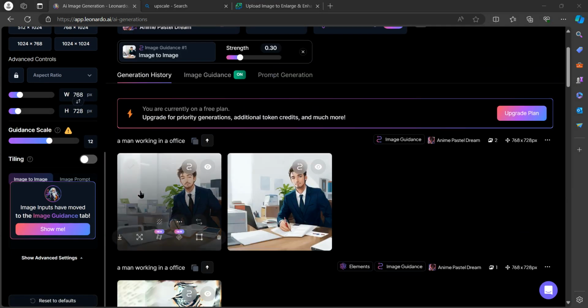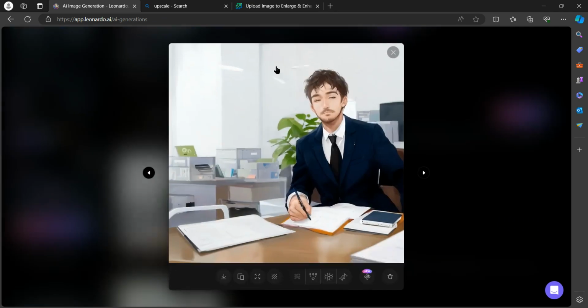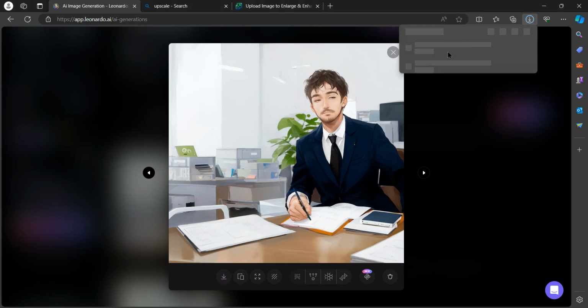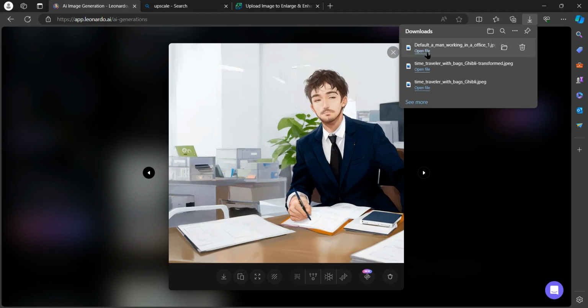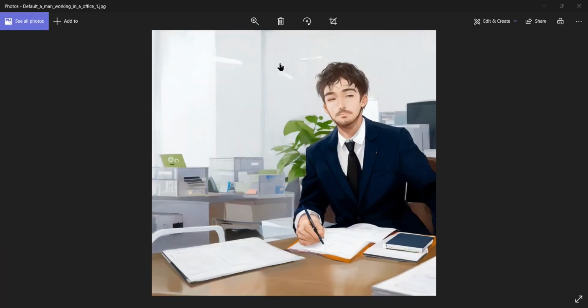Now go to generation history to see the picture. As you can see, I have an anime pastel style on it, and I think this is the picture I want from here. And now I want to download this picture. Just click on download image and you will be able to download your file. Just click on open file